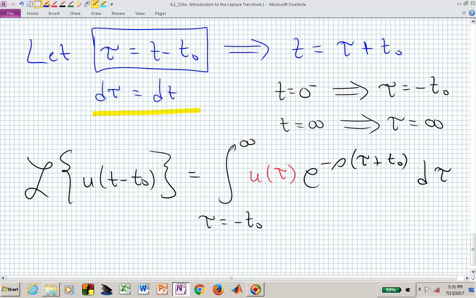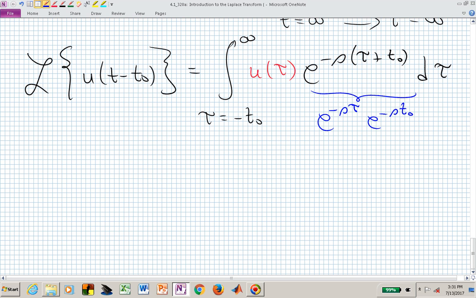Now what we want to do is remind ourselves of how we can separate this exponential. When we have this summation in the exponents, that means we can have a product of exponentials. If we factor this as e to the minus s tau, e to the minus s t naught, now we have something in the argument of our integral that is not a function of tau, so that we can now factor out e to the minus s t naught from the integral,